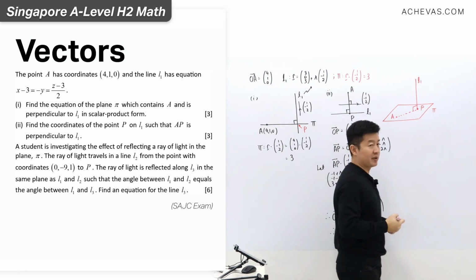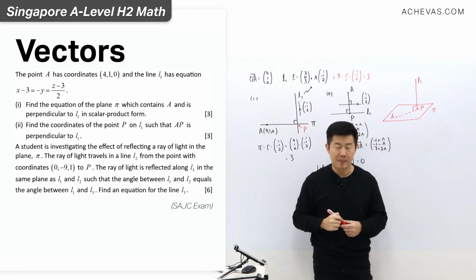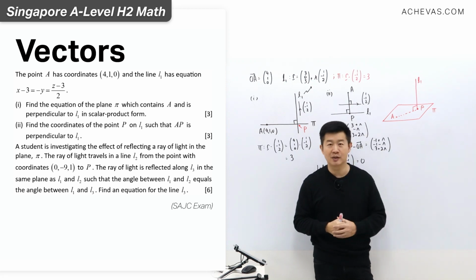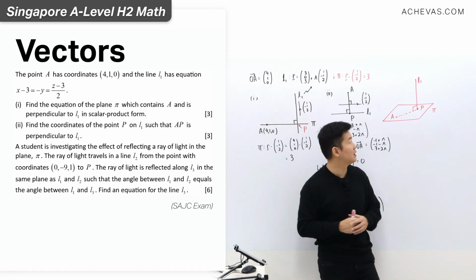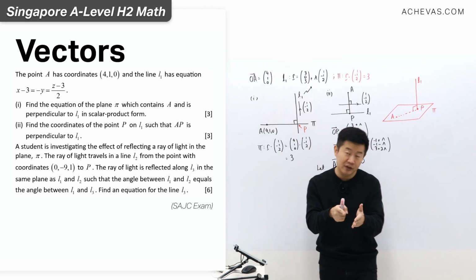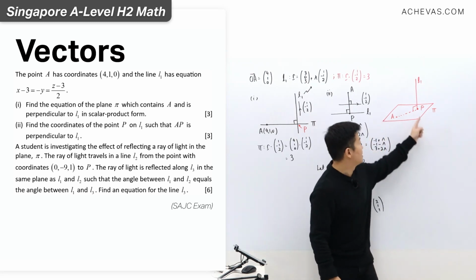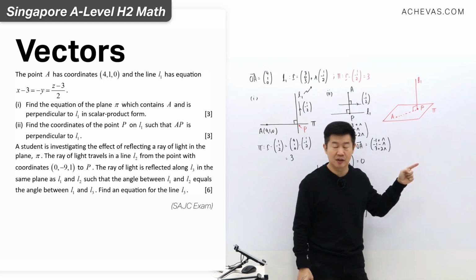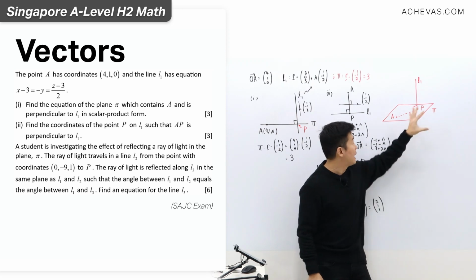perpendicular to L1. Because if L1 is perpendicular to the plane pi, any line that is on the plane pi will also be perpendicular to L1, correct? And if A is a point that is already on the plane pi, the only place that P can lie in order for AP to still be perpendicular to the line L1 is here. If I were to plant P anywhere else, AP will not be perpendicular to the line L1. Okay? And this,